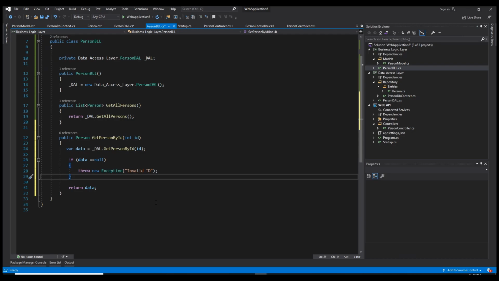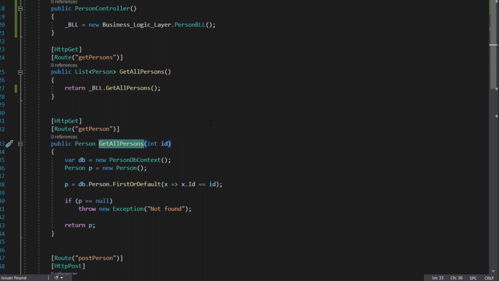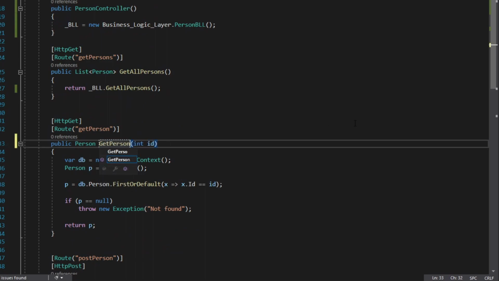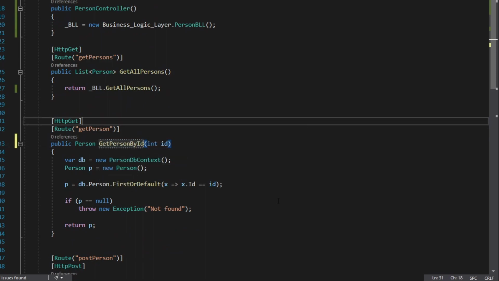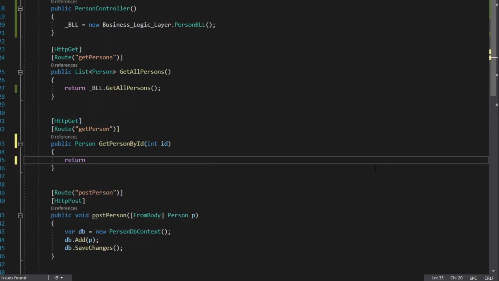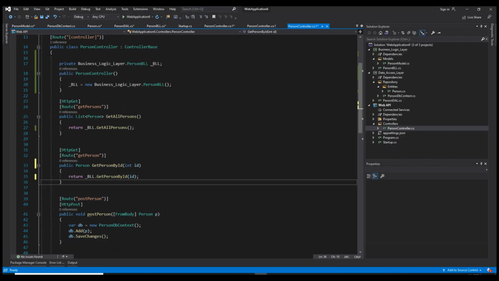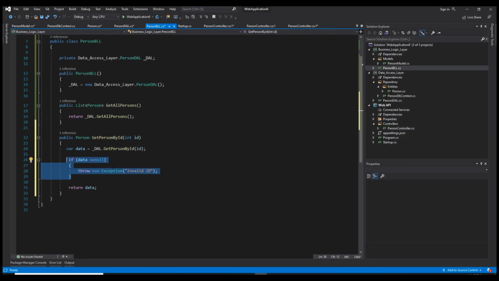And what we can do now is, in our controller, just like we did before, now I'm gonna fix this name, get person by ID, and just like we did before, here we're gonna return BLL.getPersonByID. Now some people don't really like using this in here, and it's okay. So if you don't want to have this part of the code, the data checking if it's null or if it returned data here,